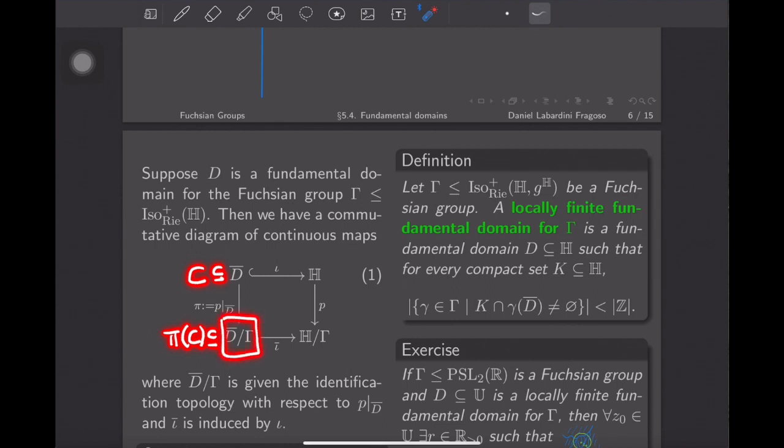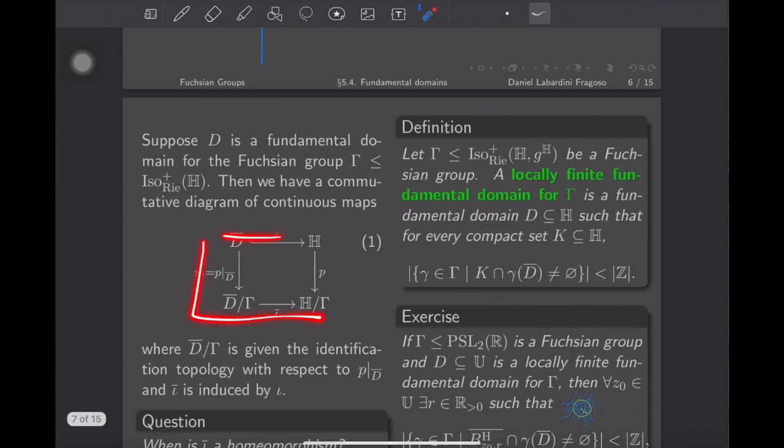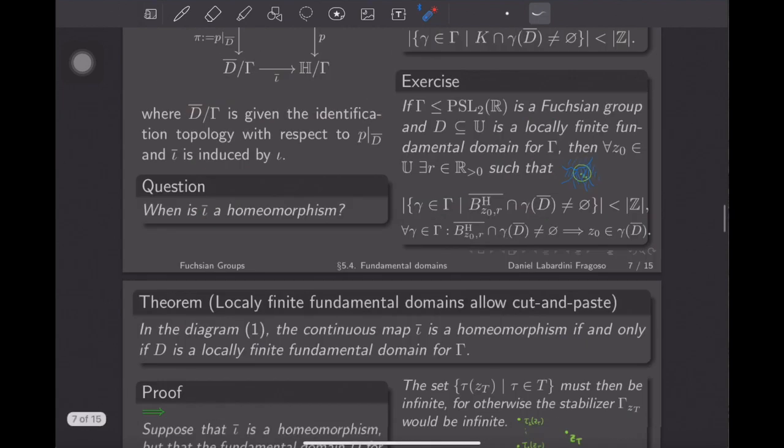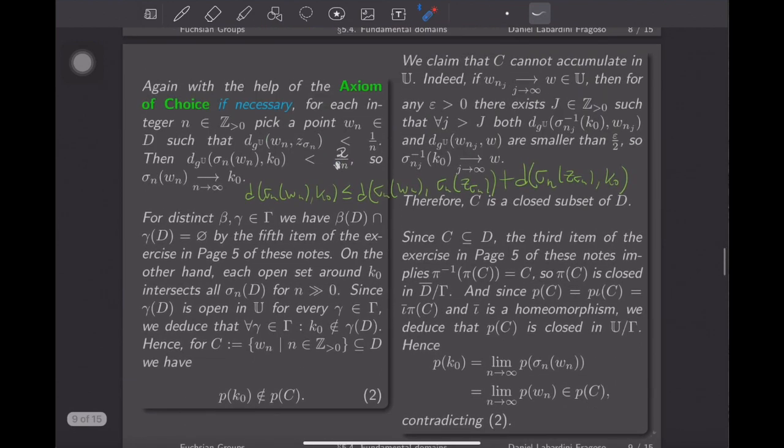And remember, I assumed that iota bar was a homeomorphism. What I assumed was that D was not locally finite. But I did assume that iota bar is a homeomorphism. So iota bar of this thing is closed here. Okay, and also, because of the commutativity, it can be computed as P of C, P of iota of C. Okay, so P of C is P of iota of C. It's the iota bar of pi of C, and iota is a homeomorphism. So P of C is closed here,